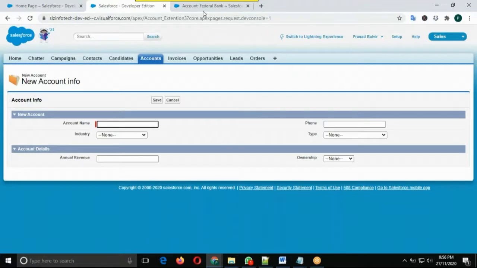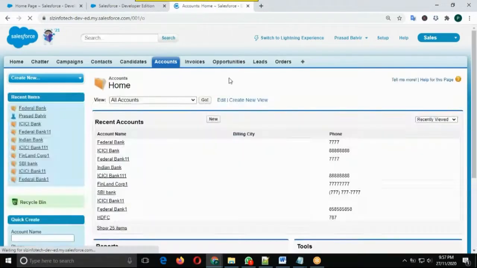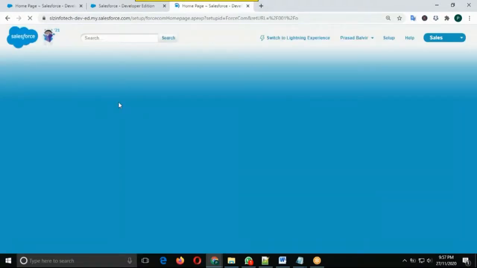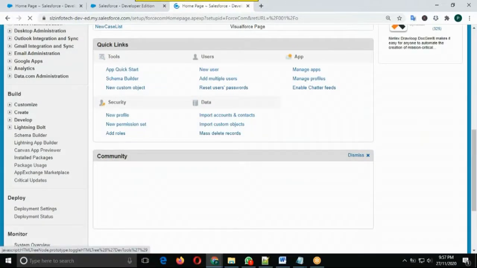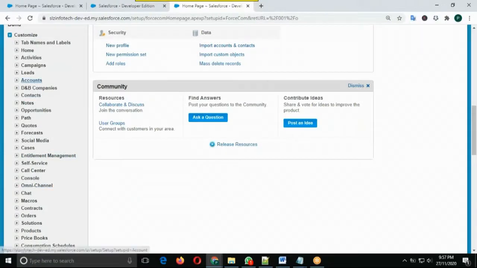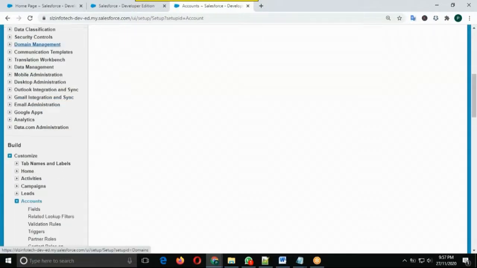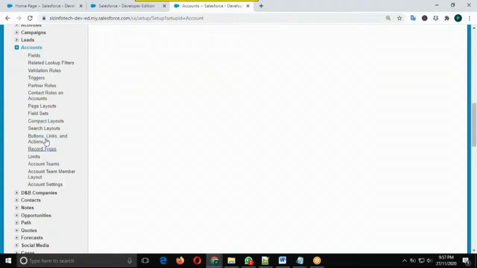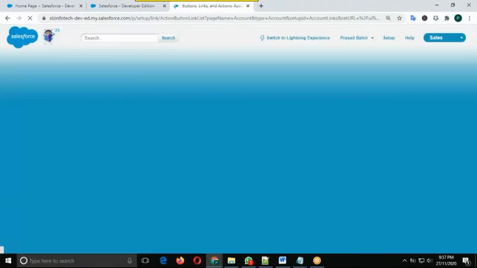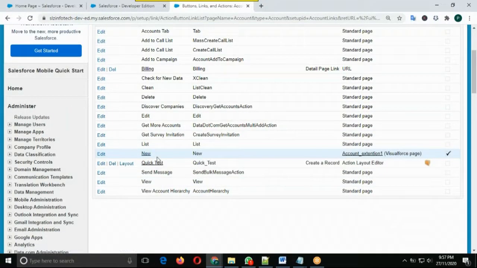Now open any record. Go to setup, then customize, then accounts, then buttons and actions. If needed, create a new one.